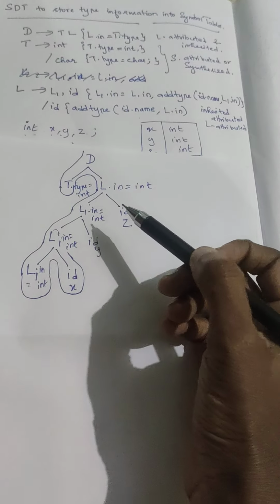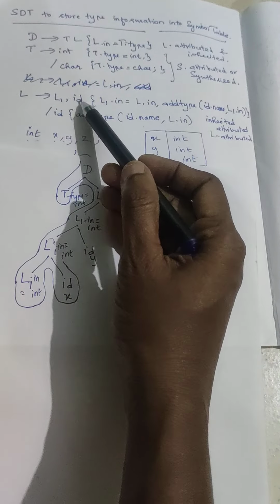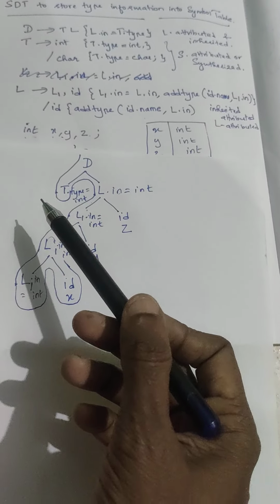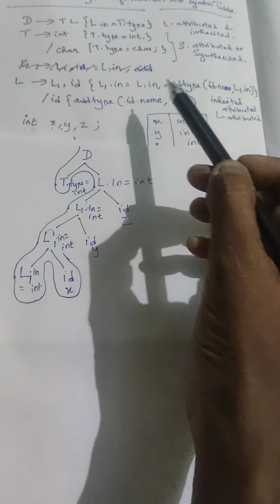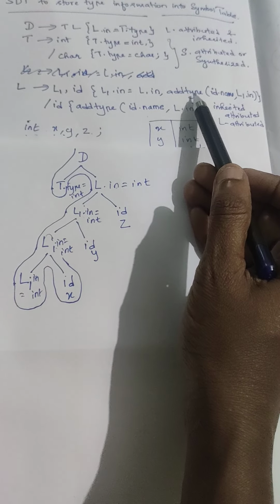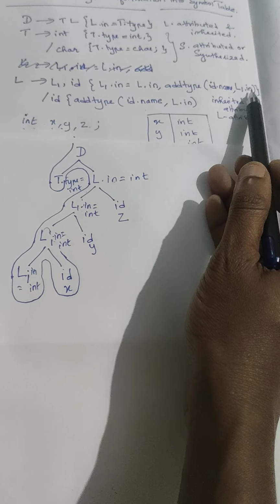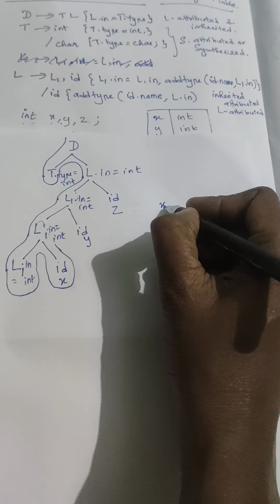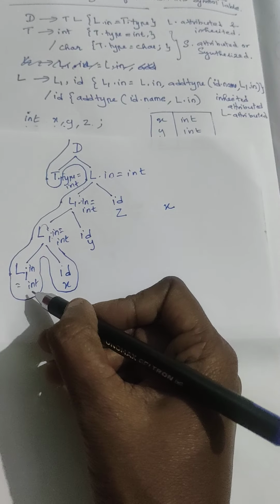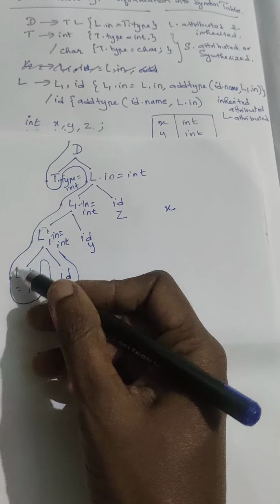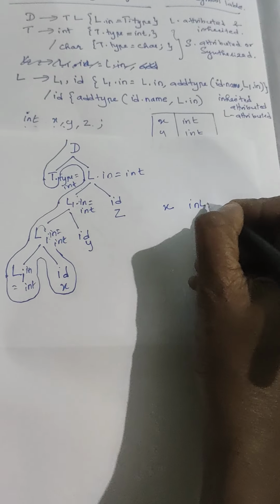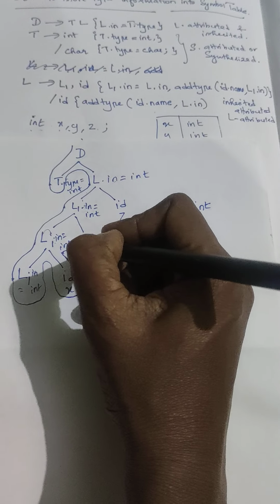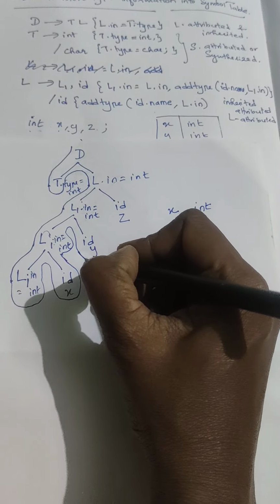So L comma ID is reduced to L. What action do we have to perform? That is add type ID dot name L1 dot in. So ID dot name here is x, and L1 dot in is int. x is integer type. Okay, we are performing a reduction operation, and after that we are tracing the parse tree,